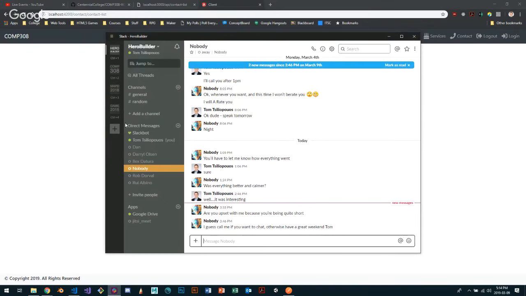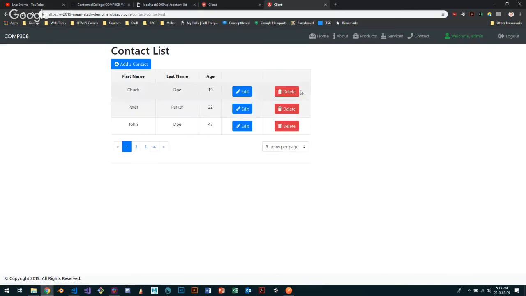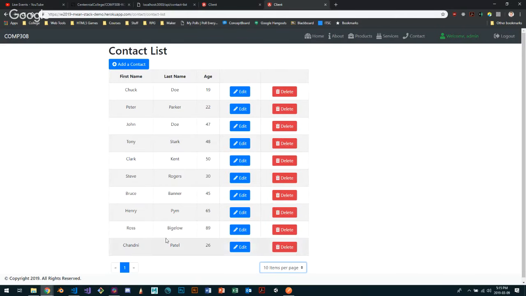If I look at the final product, which looks like this, our final product should look something like this. I still got a bit of a bug in it. I saw it today. But it should look something like this, where if I go to the contact page, it looks like this. I have some kind of paging. Remember I talked about this, where I can say I want 10 items per page only, or I want